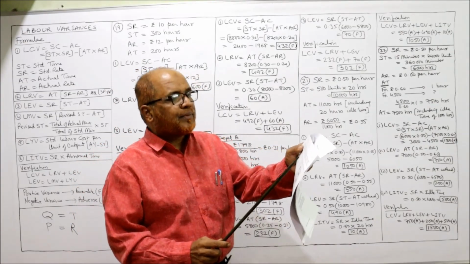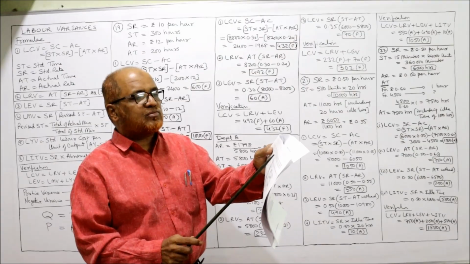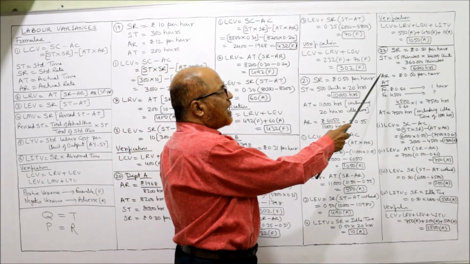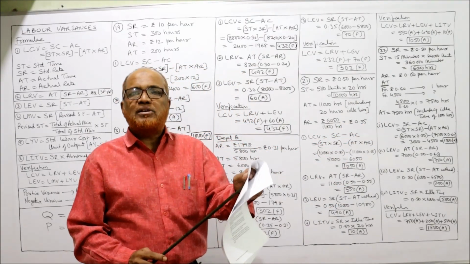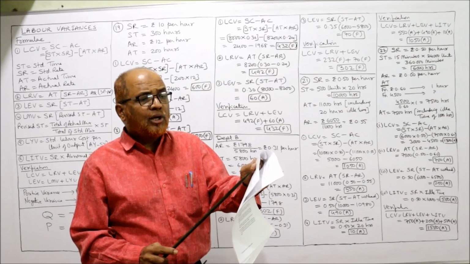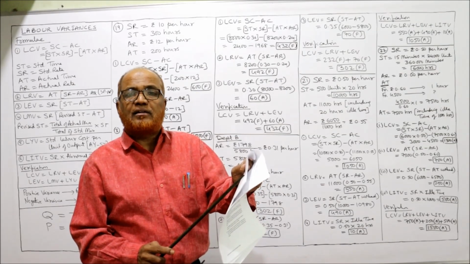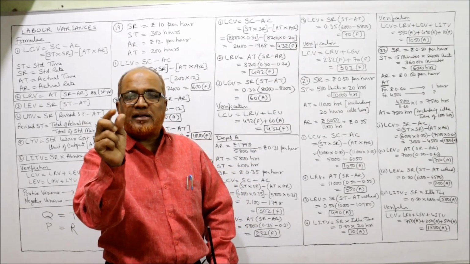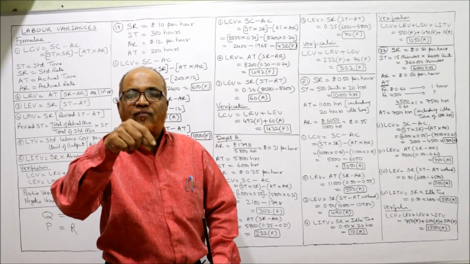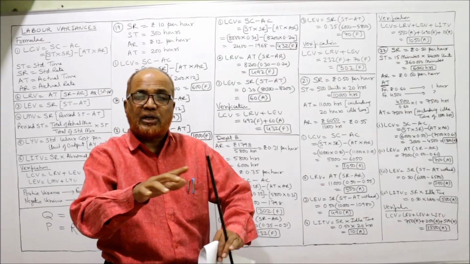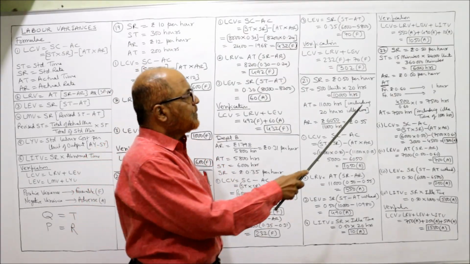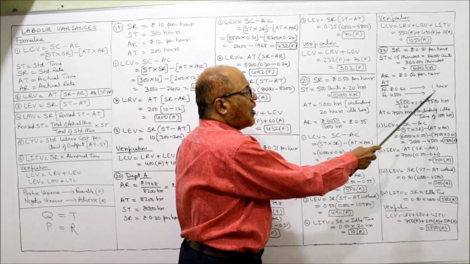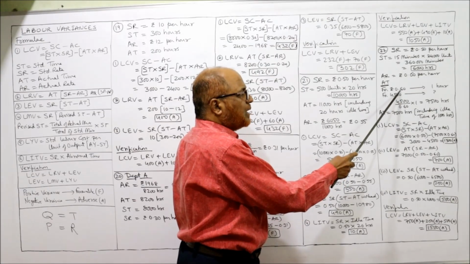Now actual rate. The actual wage bill for 24,000 units was 4,500 at 60 paisa per hour. So actual rate AR is 60 paisa. Now actual time is not given. We have to calculate. So total wage bill was 4,500, at 60 paisa per hour. 0.60 is equal to 1 hour. For 4,500 total wage bill, how many hours? So 4,500 divided by 0.6 into 1,